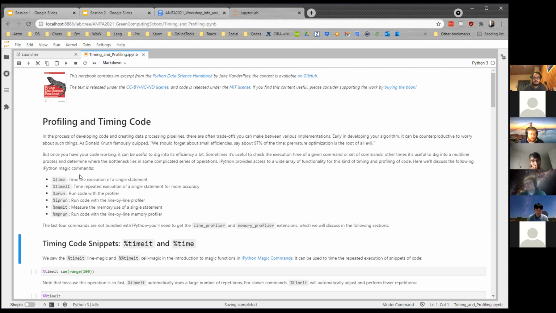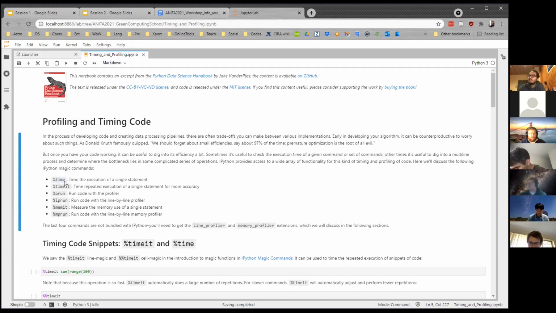So the things that we're going to use are what are called Jupyter magics, or IPython magic commands. So there is Python, the language. There is then IPython, which is an interactive Python terminal, which quickly became popular because it added a whole bunch of useful features to the Python console that people like to use. And in particular, it added a bunch of these magic functions, which are actually not part of the base Python